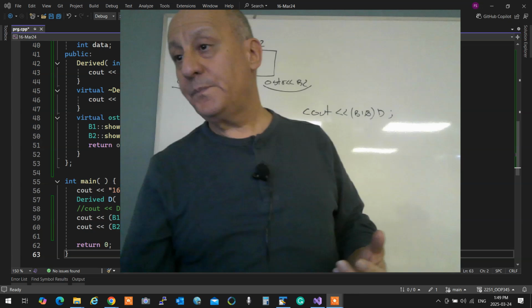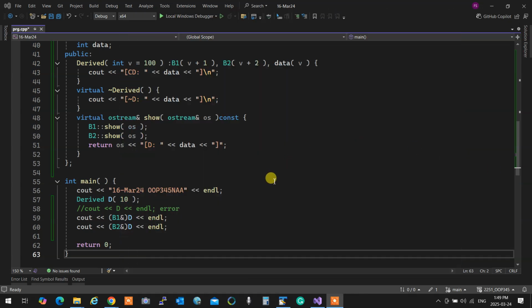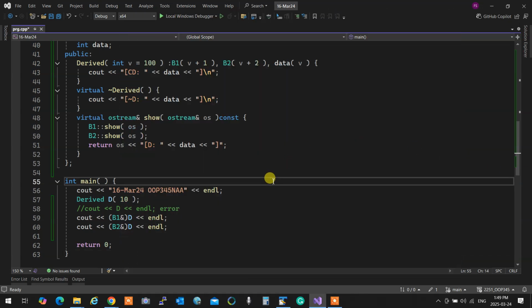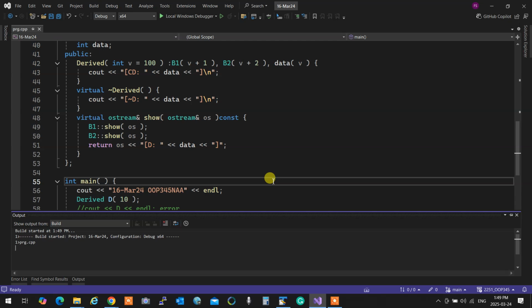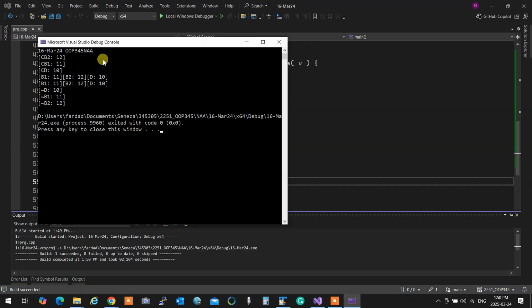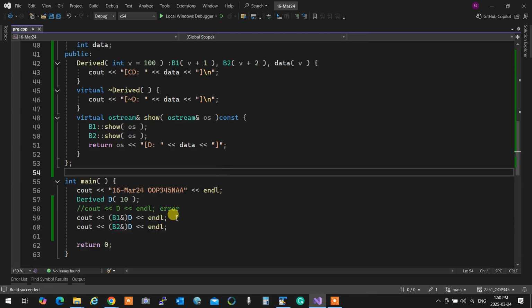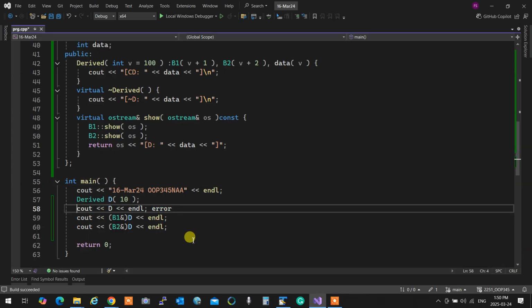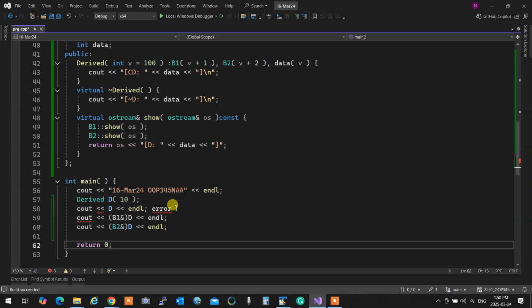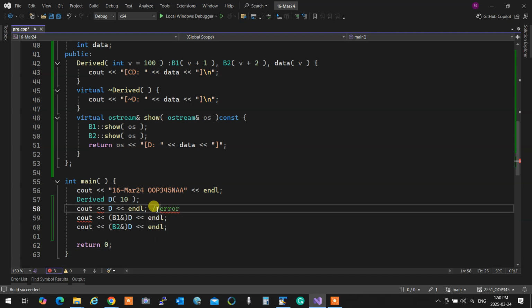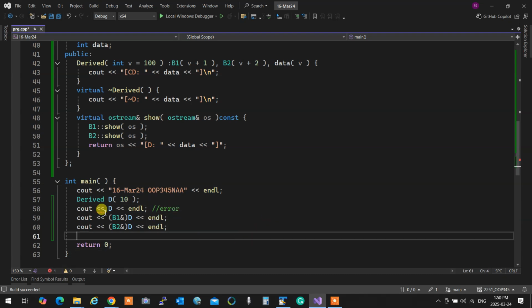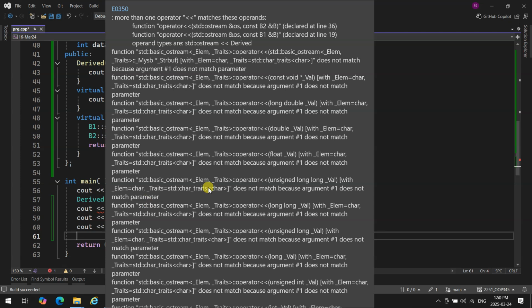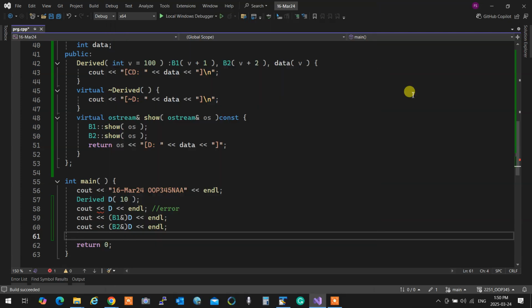Okay? So that's demonstrated over here. If I run this program, you'll see that it works properly, and it actually prints the thing twice, perfectly. But the problem over here is that if I bring this one up, then the compiler is confused and doesn't know which one it's going to actually deal with. It doesn't know which one to pick up. Look at that. More than one operator matches the operands, and I don't know which one to pick up.